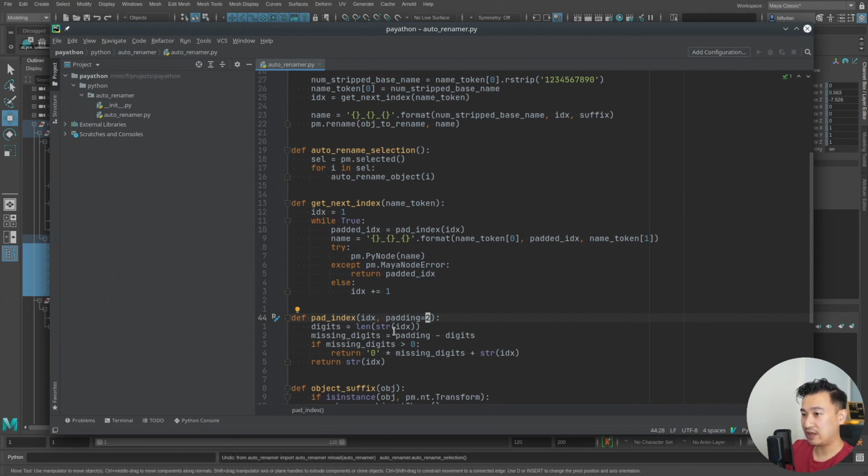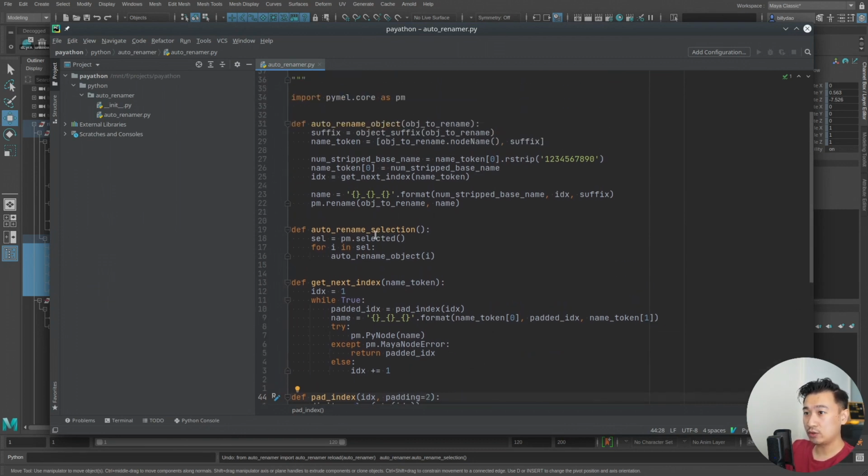So I'll leave the default value at 2, but what I do want to do is actually have an input here saying padding is equal to 2 by default as well. And we also want to say that this auto rename object function has a padding of 2 as well as a default. So what we're doing is we're establishing a way to pass this padding into here. Then we want to pass this into this get next index, so that we're passing that padding there too, so that when it gets to